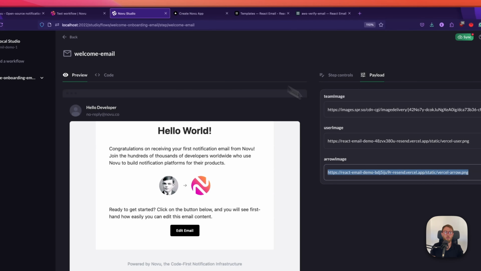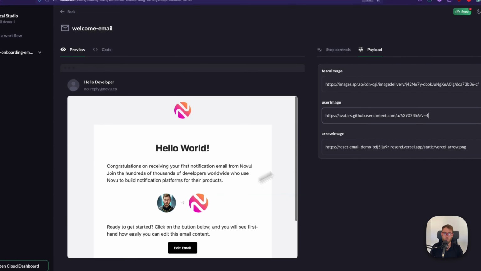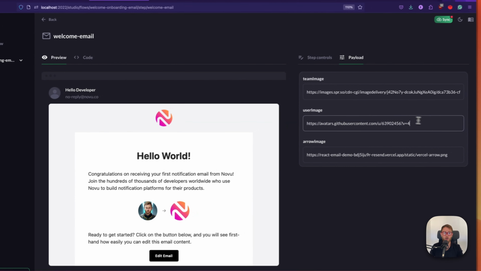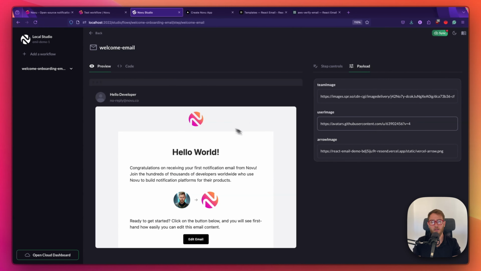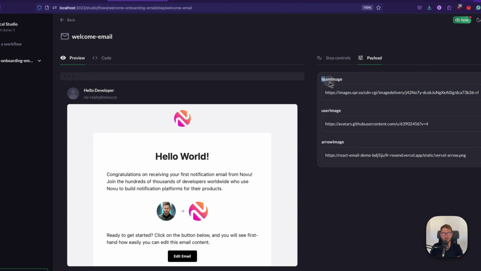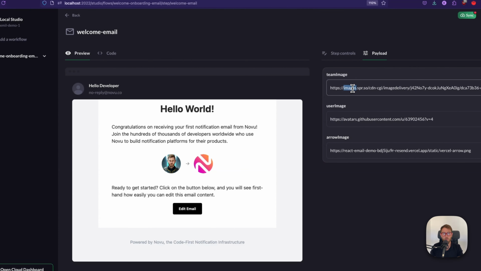And I will paste it here. Okay, so I'm just able to modify this, but what it actually means to show you is that when the trigger is being triggered, you are expecting payloads within the trigger with, for example, the avatar image, or with the username, or, if you are connecting it to your database, then maybe with an account ID or something like that, and you put it in your